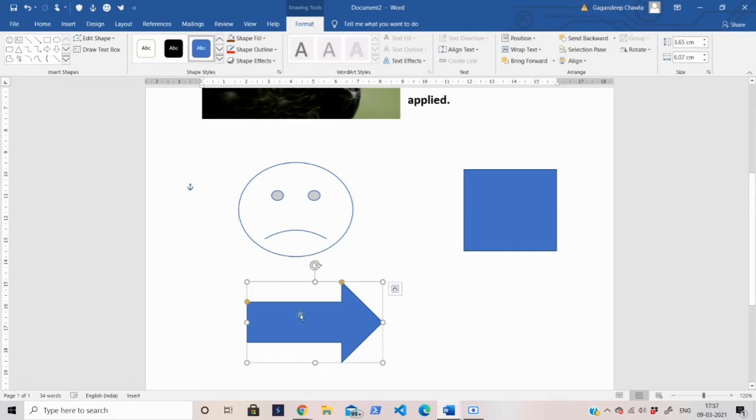Similarly, when you go and click on this particular arrow, so you can just adjust the length of the pointer. Okay, like you can increase it or you can just decrease it. Okay, similarly when you click on this particular yellow handle, you can increase the length or decrease the length or width of the particular arrow's backside. Okay, so these are yellow handles.